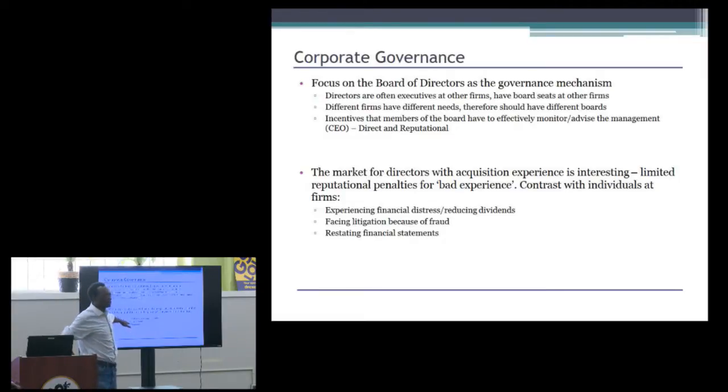Contrast that with people who are on the boards of firms that experience financial distress or reduced dividends. So you're sitting on the board of a firm, it's not doing that great, then your reputation really suffers, and we observe that in the data. Or if a firm is facing litigation because of fraud, you're on the board of the firm, then your reputation in the labor market deteriorates. Or if you're misstating financial statements and so forth. But it doesn't seem to happen in the market for directors with acquisition experience. So that's sort of why this becomes